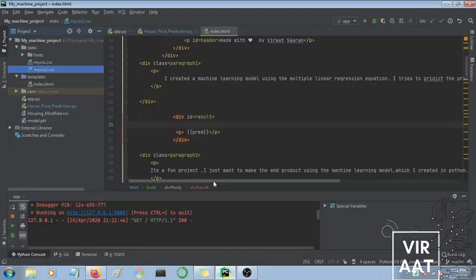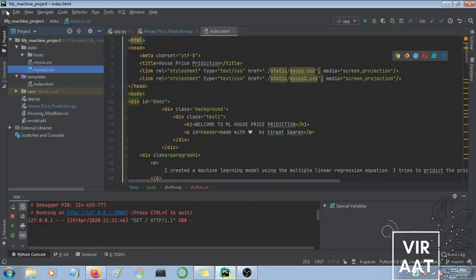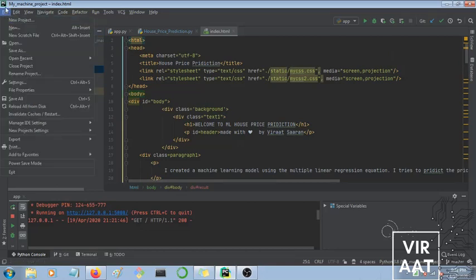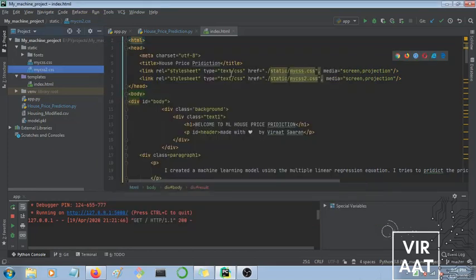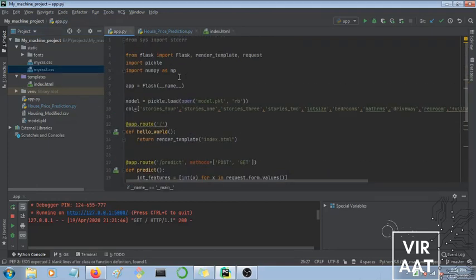So to build this you need to go to PyCharm. I'm using professional. You can use any you want. Go to file, new project, and when you go to new project you can see there is the Flask option, and you can create from here. So when you create it, you will get your app.py file created when you first create your Flask model. So what I have done is that I have this Flask model. This is the Flask model which helped me to build this web application.